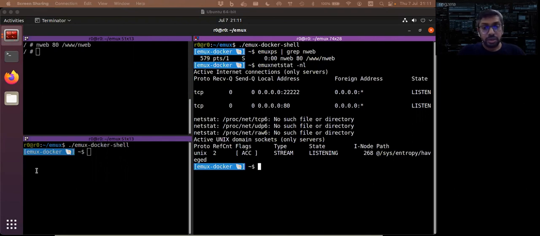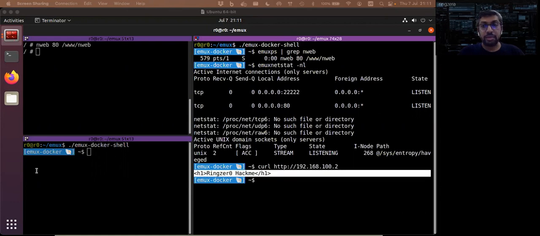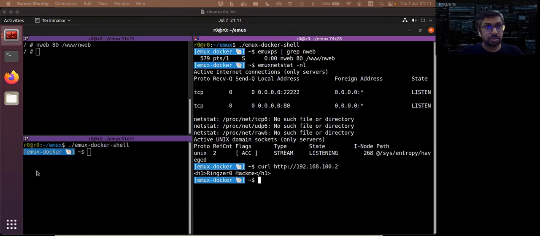We're going to use curl HTTP 192.168.100.2. And you hit enter, and you should see ring 0 hack me as a response. In the nweb directory,